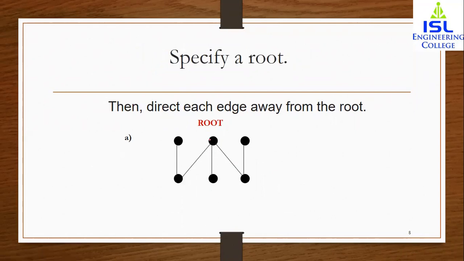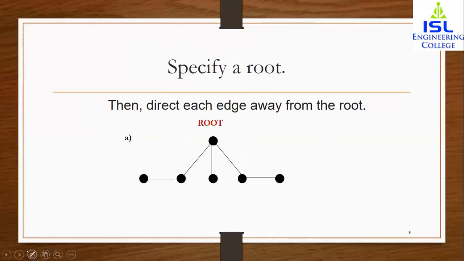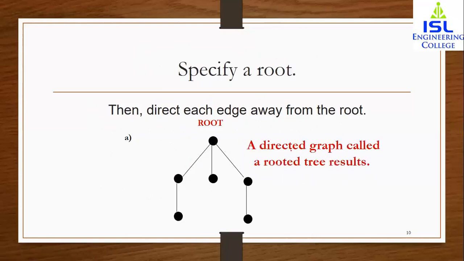here, which can be a root? We can take this one as a root. So this tree can be represented in this way also. So it has 3 children here, and then for this one, what I can do is I can have it in this way. I can bring this root over here. Actually, it is supposed to be a parent, so we will look at that topic later, but for now, yeah. So here I have brought, then direct each edge away from the root. A directed graph called a rooted tree is formed as follows.